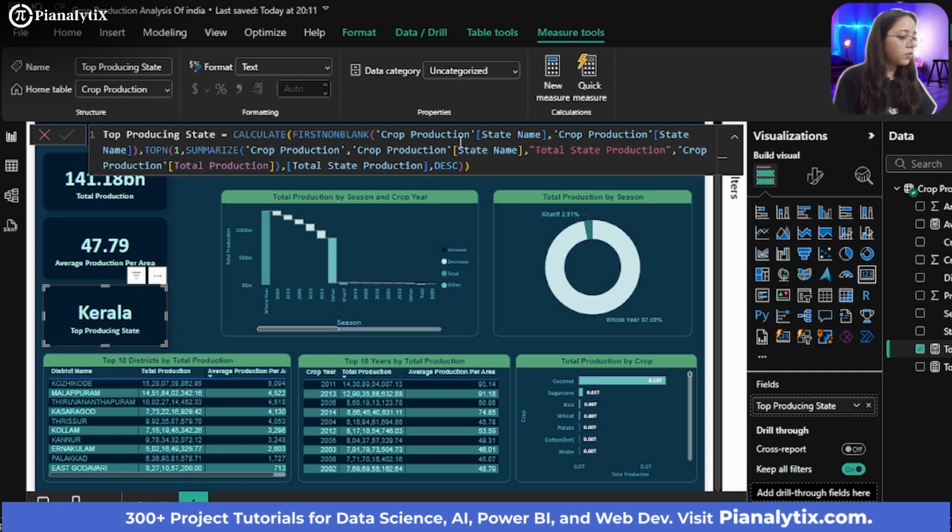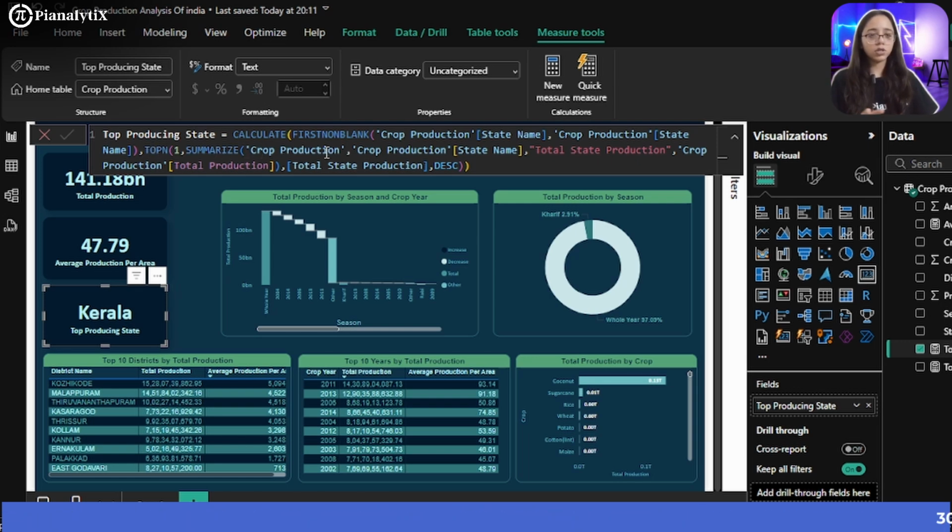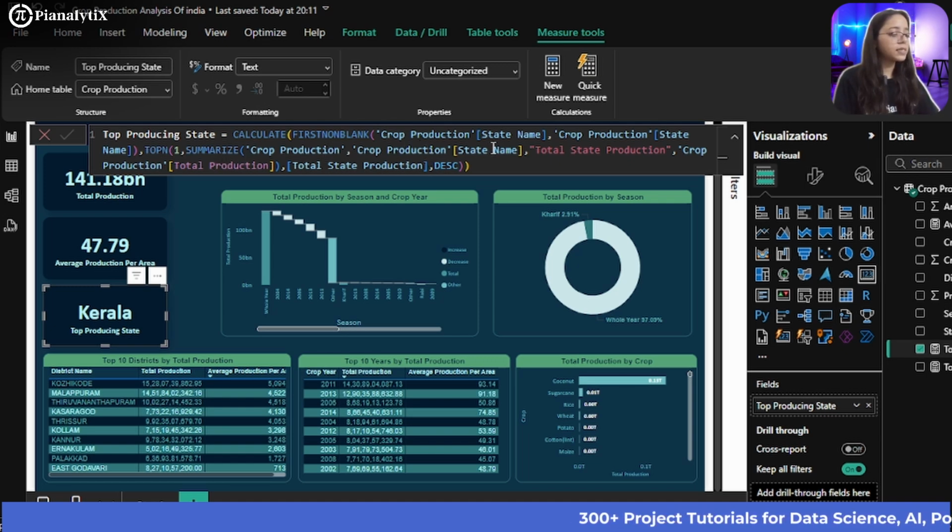Then FIRSTNONBLANK basically makes sure that whatever state name we are going to obtain, that is not blank. And then TOPN will basically use the SUMMARIZE function. Let me show you a whole roadmap for this. The SUMMARIZE function summarizes the state name based on the total production.